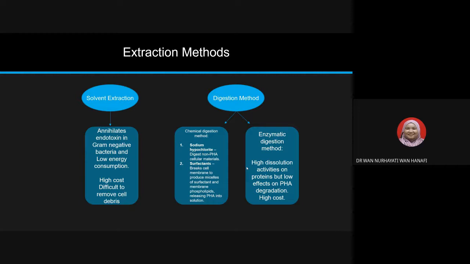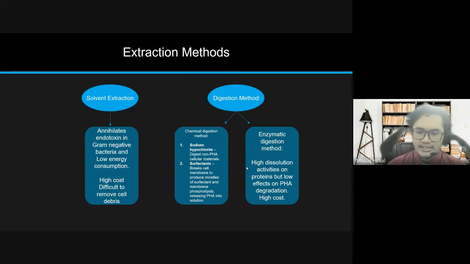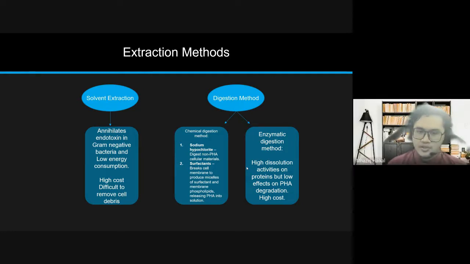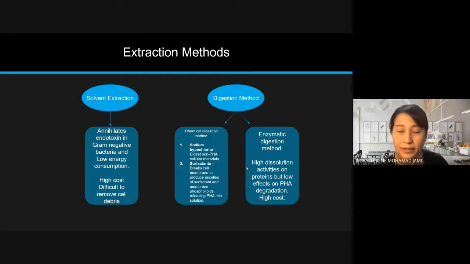Yes. Okay. So just one last question. Out of these, which one is the best? The easiest method would be the solvent extraction method. Solvent extraction method. So in terms of both recovery and purity, is it? In terms of the easy way to do it, and also yes, the recovery of the PHA polymer. There are so many solvents, right? Is there any specific solvent for this method? There is no specific solvent, but yes. All right. Okay. Thank you. All right.